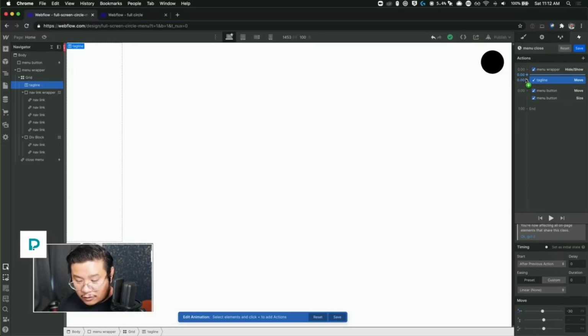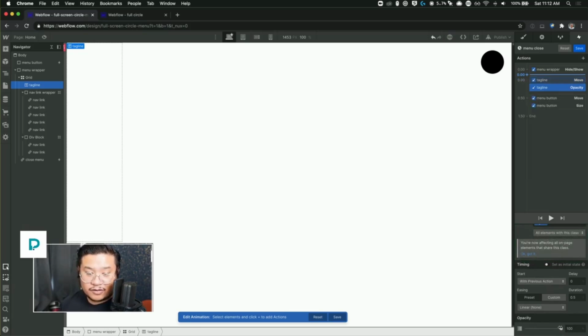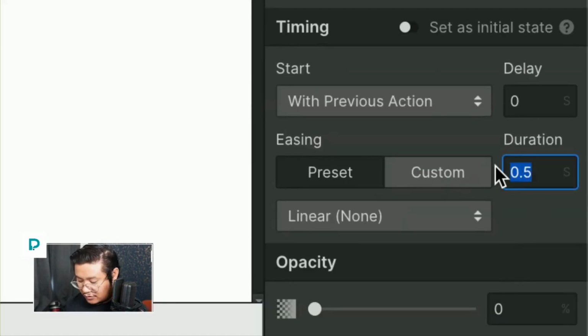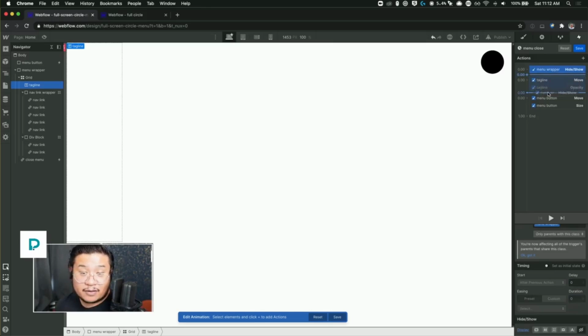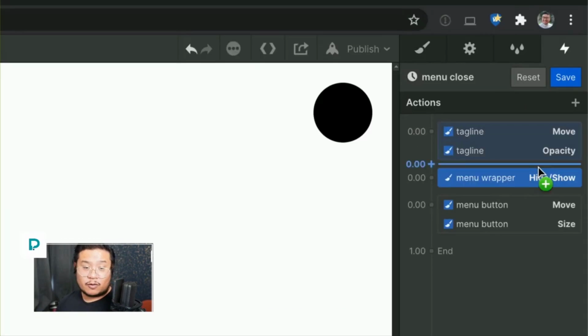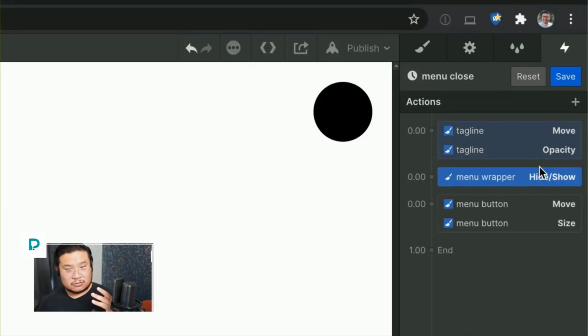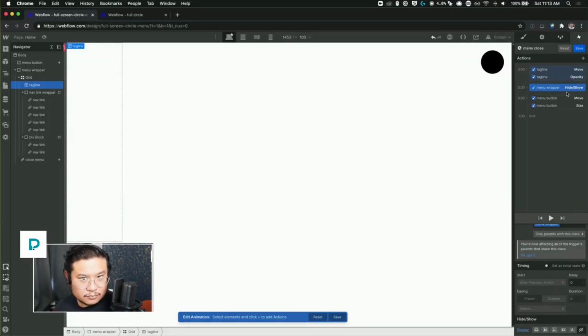So this tagline right here, we're going to set it to that, and then we're going to reset this to opacity 0, set the duration to 0, so it immediately goes back to that. But I want that to happen before the whole menu wrapper closes, before it does the hide. Okay, so tagline right there, gone. Cool. These nav links,